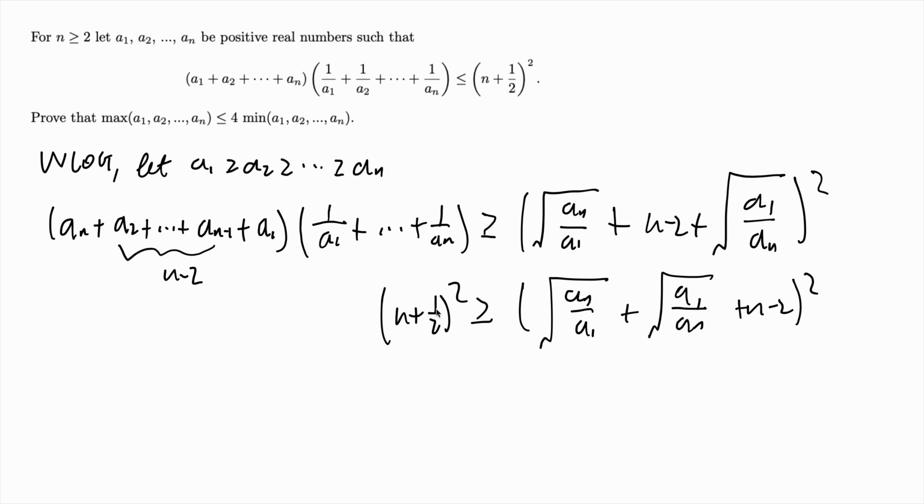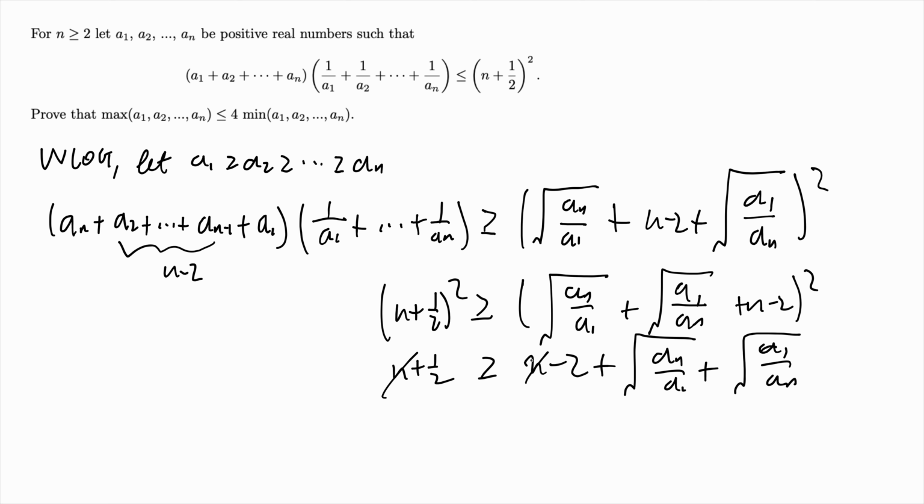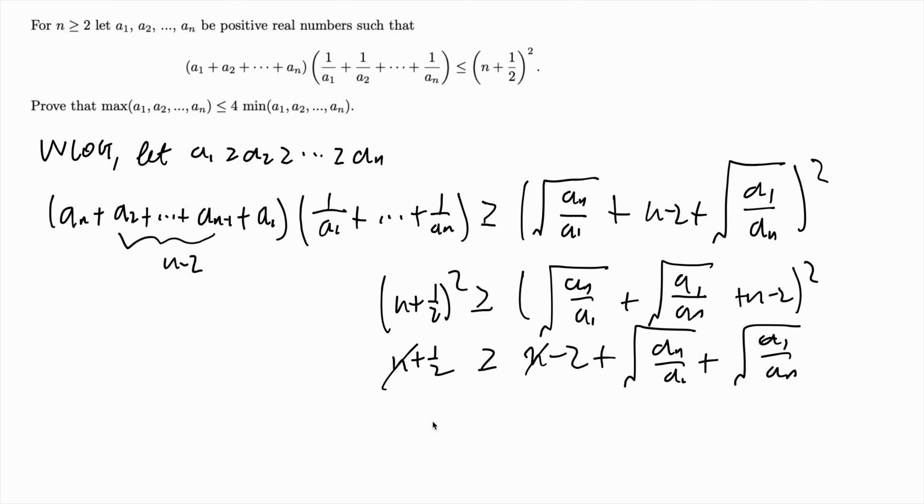Now notice that this thing, n plus 1 over 2, is positive, and everything here is also positive, meaning n plus 1 over 2 is greater than or equal to this thing. So you have n minus 2 plus a sub 1 plus, and yay, they cancel out. So we have 2